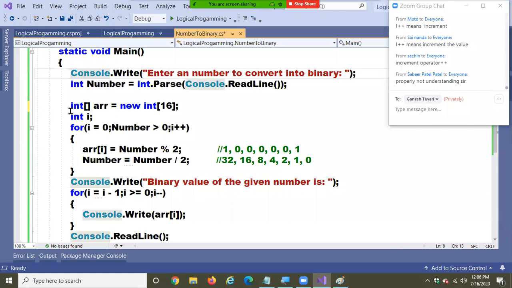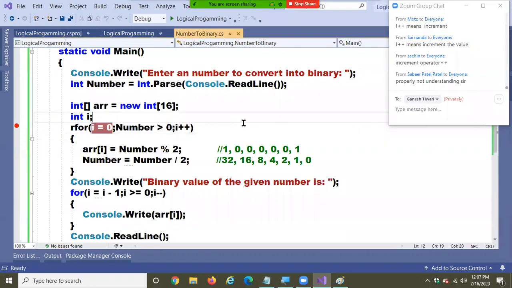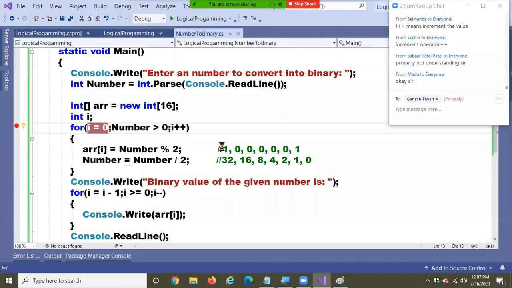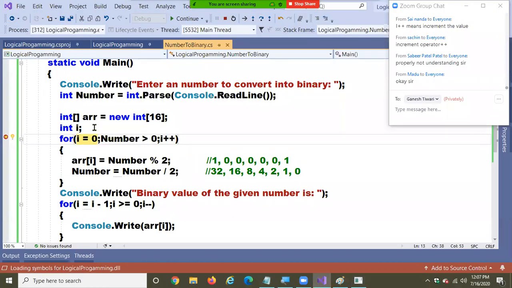Watch it. I'm entering 65. Patel, watch it. The value 65 comes into number.